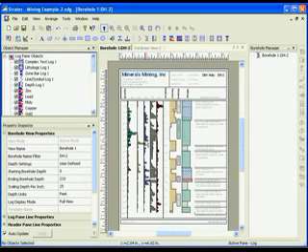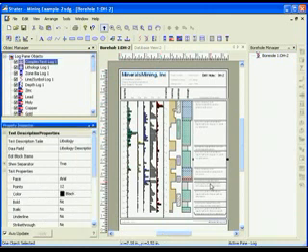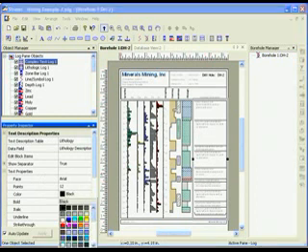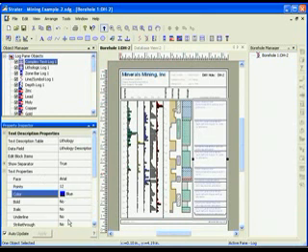As an object is selected, the properties for that object are shown in the Property Inspector. Whenever you change one of the properties in the Property Inspector, it has an immediate effect on the graphic in the borehole view. For example, I'll select this complex text log, and the Property Inspector updates to show the properties for that log. I can change the text color from black to blue, and I'll see the text color in